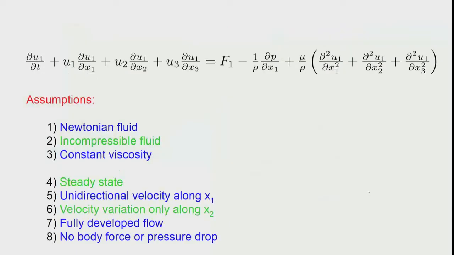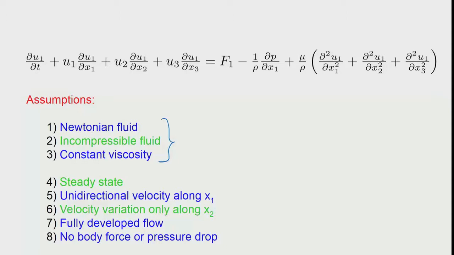We start with the Navier-Stokes equation for the velocity component that is relevant. We always write the full equation so that we are conscious of all the terms, and then we start striking out the terms as we do not need them later on. u1 is the component that is relevant, so that is what is written here. The equation is already assuming that it is a Newtonian fluid, it is an incompressible fluid, and it has constant viscosity. So, the top three assumptions are already made, and we are going to make some more assumptions which will reduce this equation to an extremely simple form.